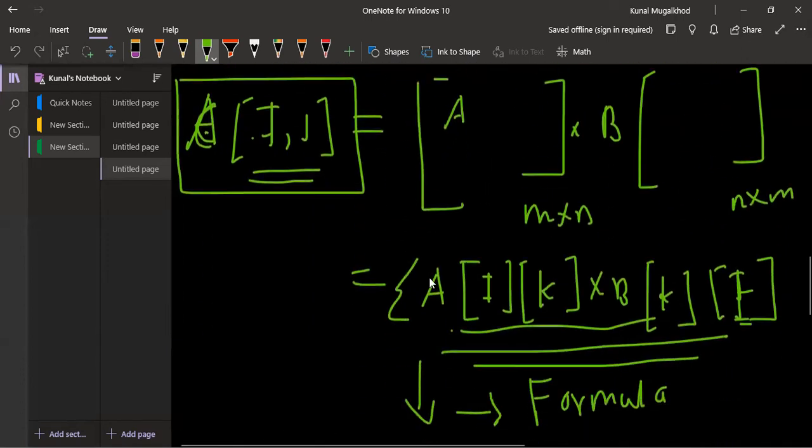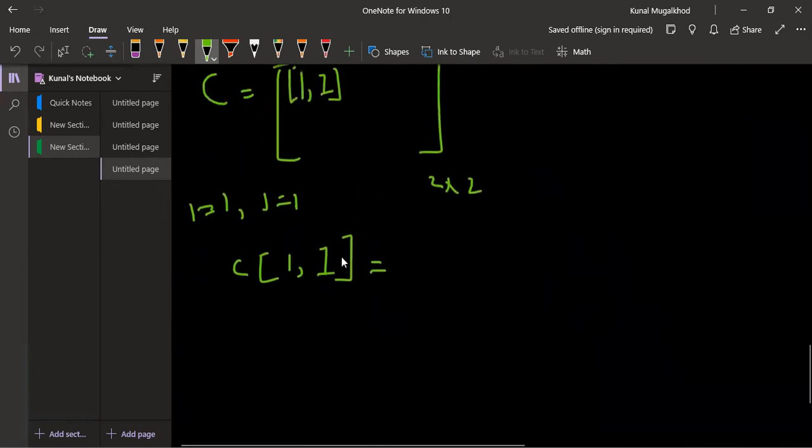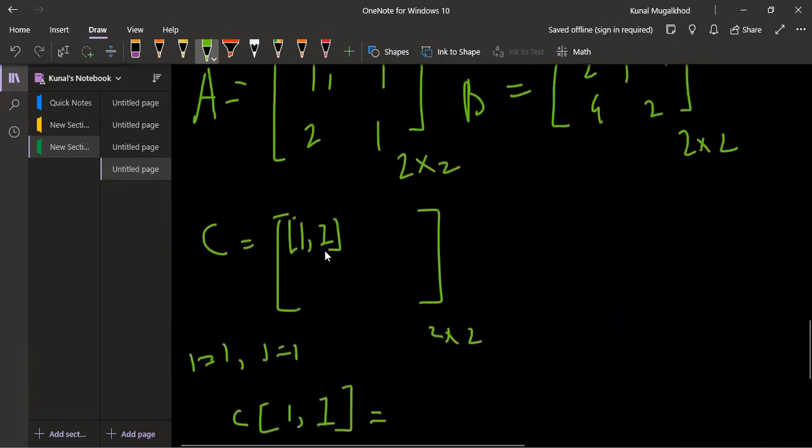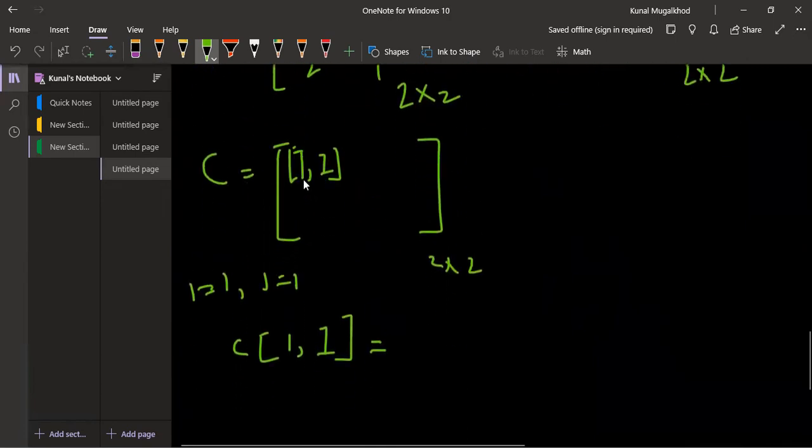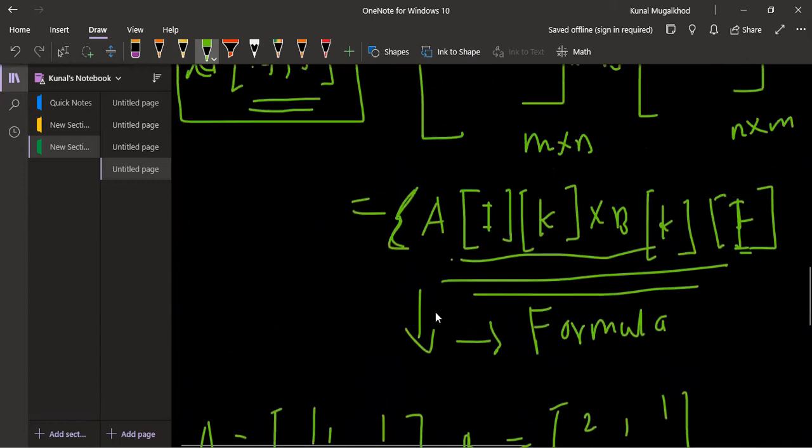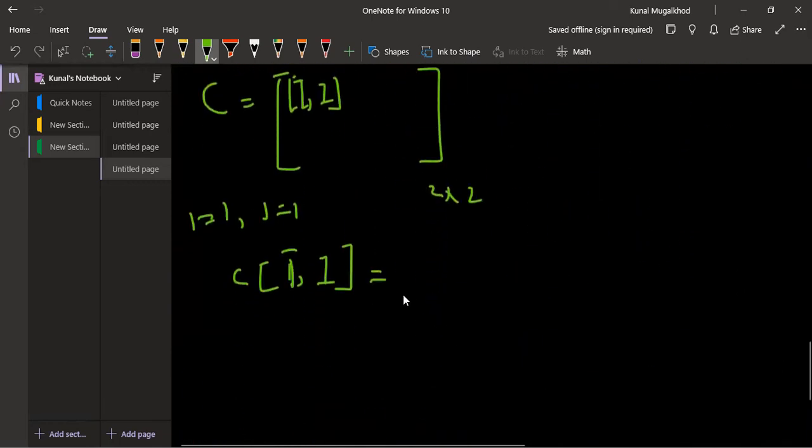We can define that addition by the sum operation. Now we have to calculate the element at the ith and jth position. Okay, this is 1 and 1. So how can we do that? That is very simple to do.